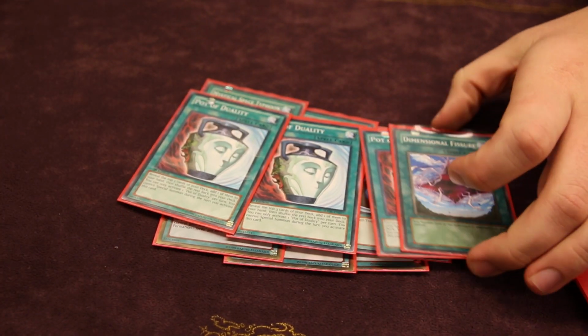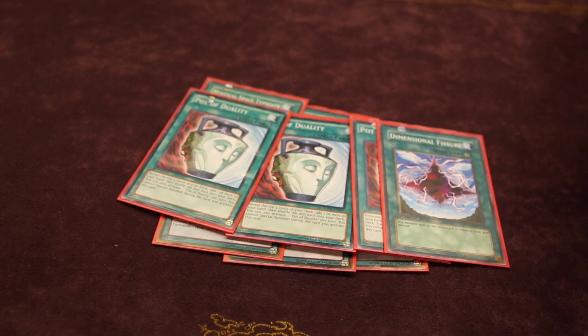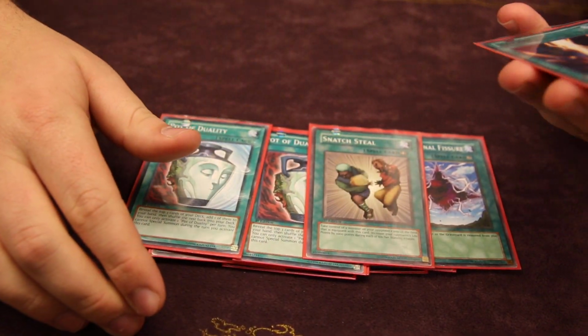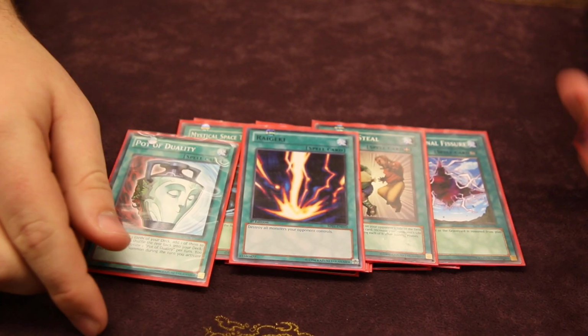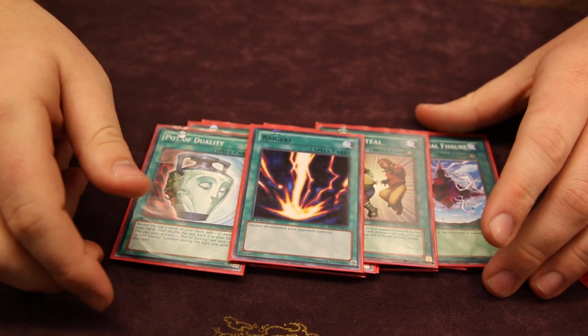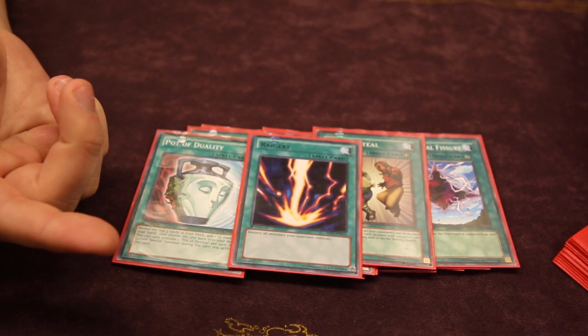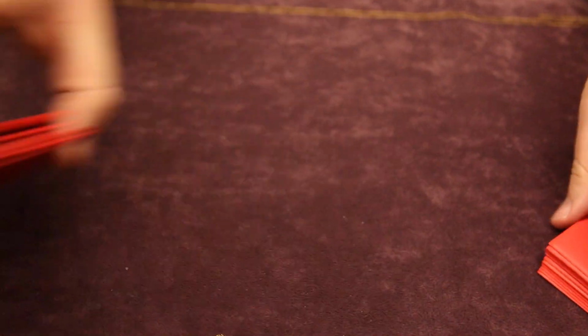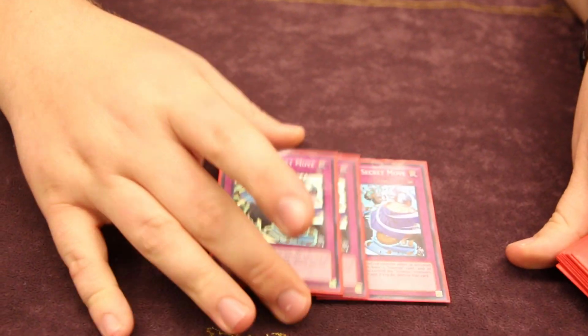All these go back to the hand, and when they hit the grave, it's no big deal. Snatch Steal, because I heard stealing's pretty good for the game. 1 Raigeki, because it destroys your opponent's field. And Raigeki, D-Fi, Raigeki, Macro is an amazing 2 cards. So next we have 3